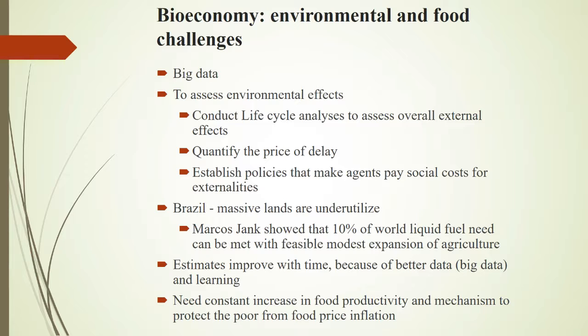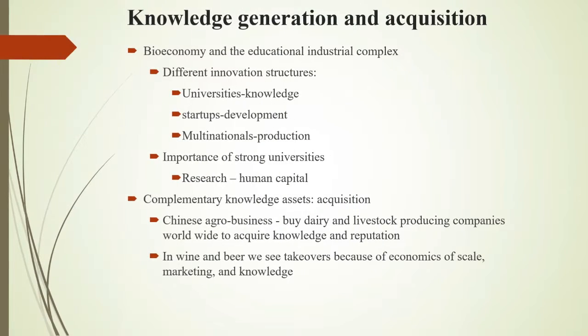And very importantly, and this is an argument made by David very vehemently, we need to improve food productivity. We need to improve production, and we need to put the priority of the poor up front. So in that sense, when you move towards the bioeconomy, you develop new products. If you're increasing the price to the poor and imposing further hardship on the poor, there is a problem in the solution we're finding.